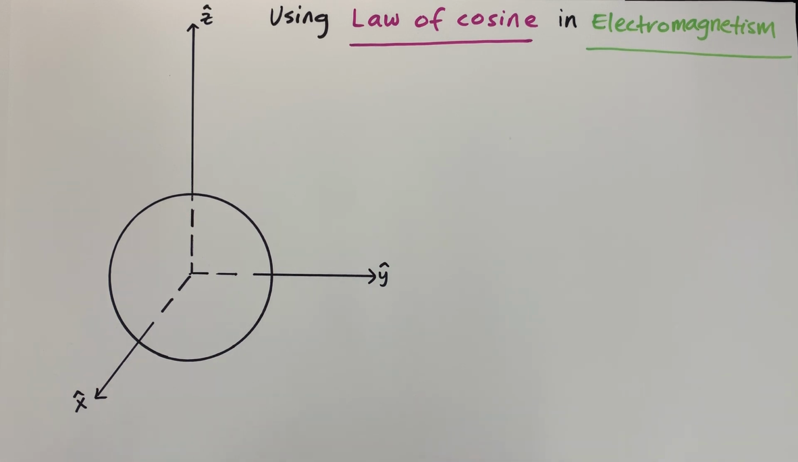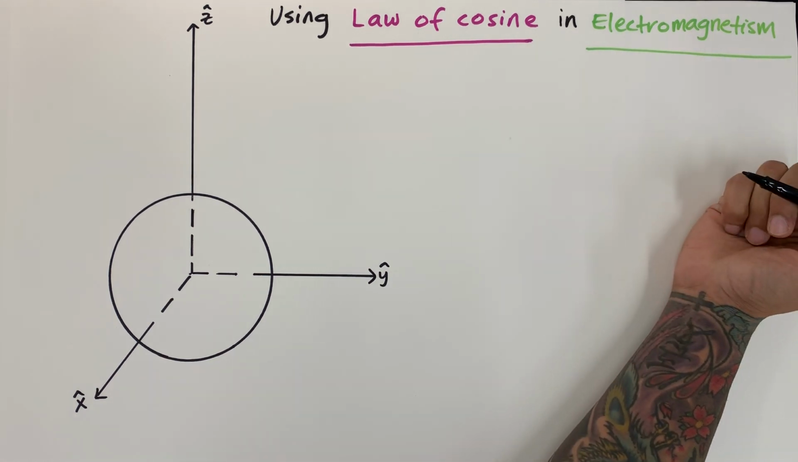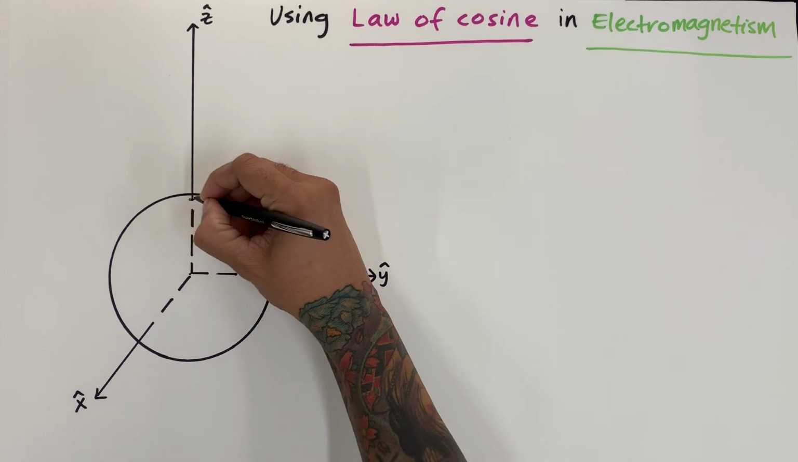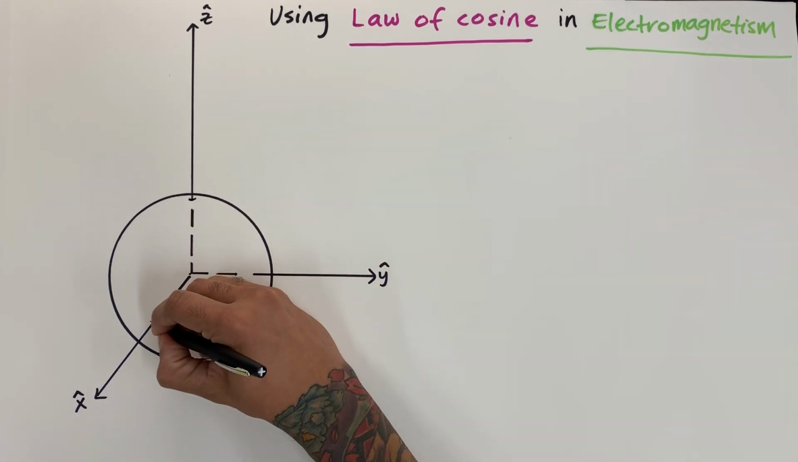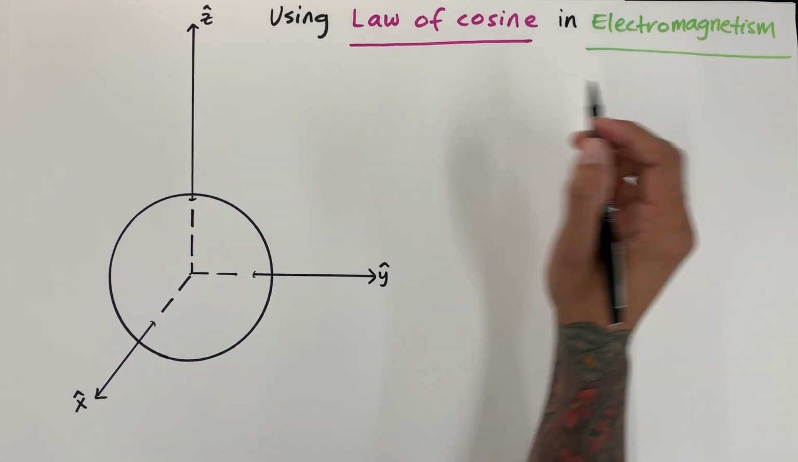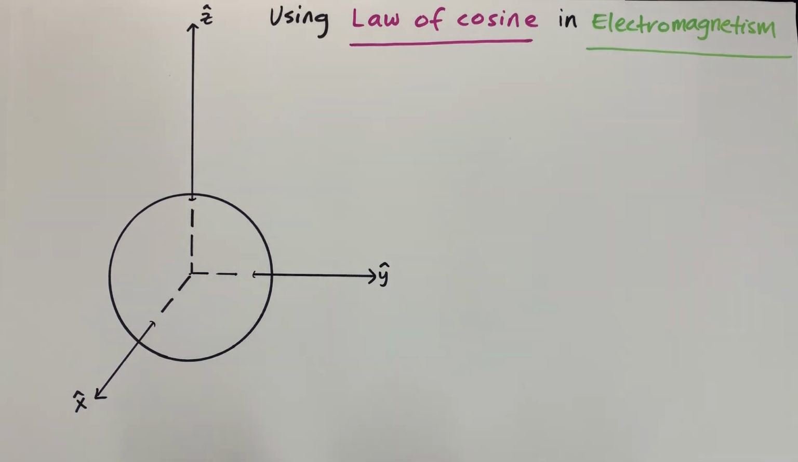So in this video, I want to show how we use the law of cosines in electromagnetism, and specifically for this example, image charges, which is a method in electromagnetism to calculate the charge of a particle at a distance. And so let's